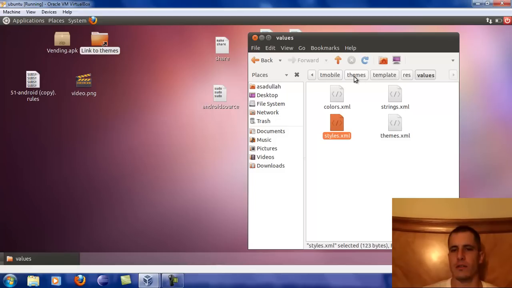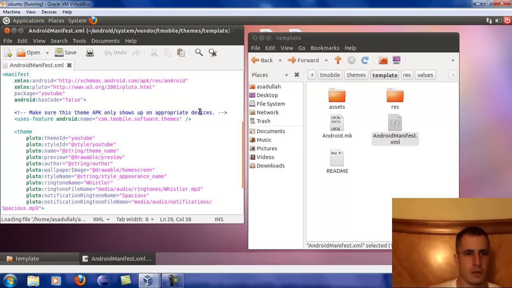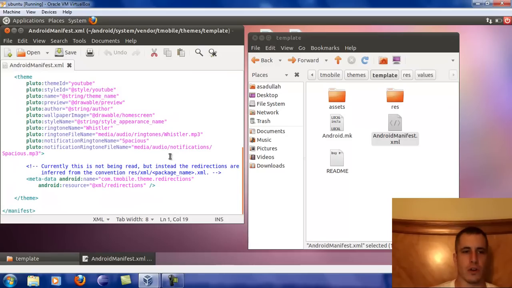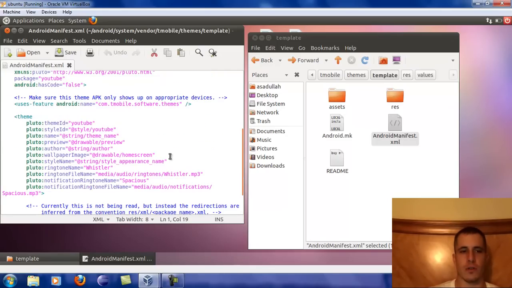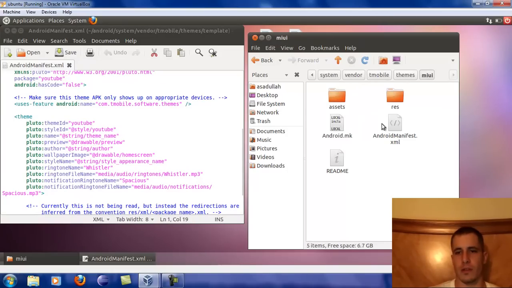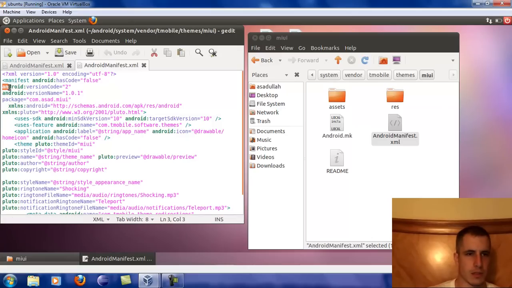Now we're going to go back out here to template and open up the Android manifest. When you look up here, you're going to see version. Every time that you compile this and release it, you're going to want to change the version and the version code. Right now there isn't a version code in here, so we're going to go to a different theme that I've already released on the market, and I'm just going to copy this Android version code,